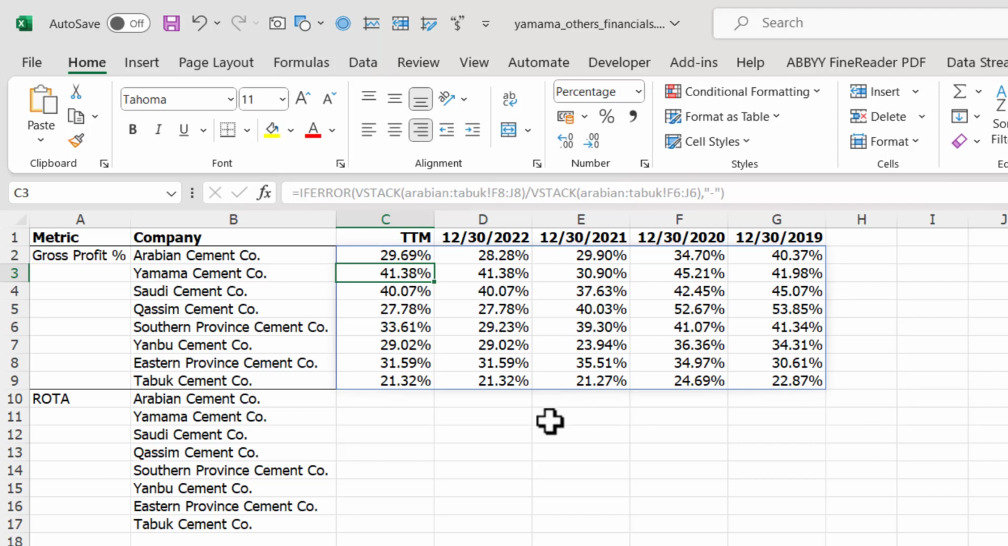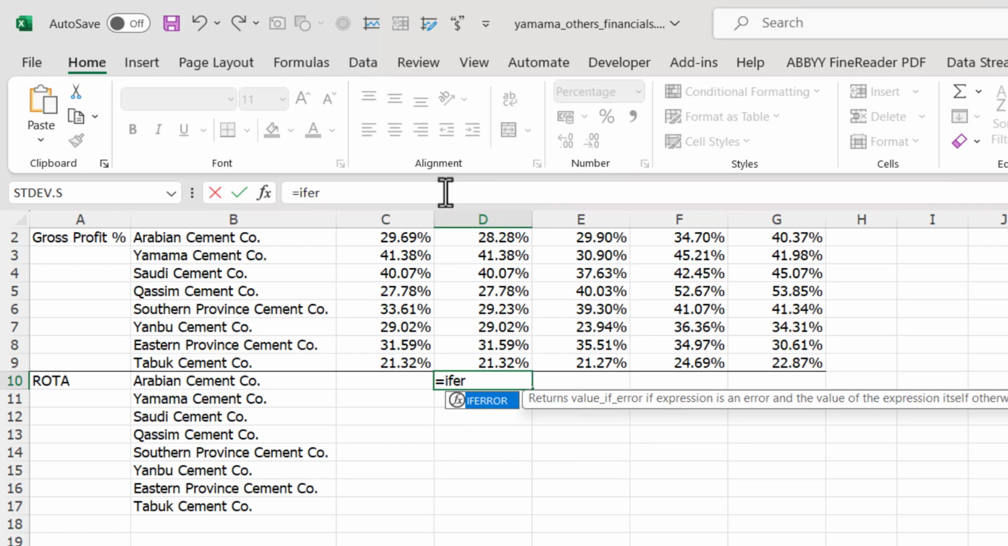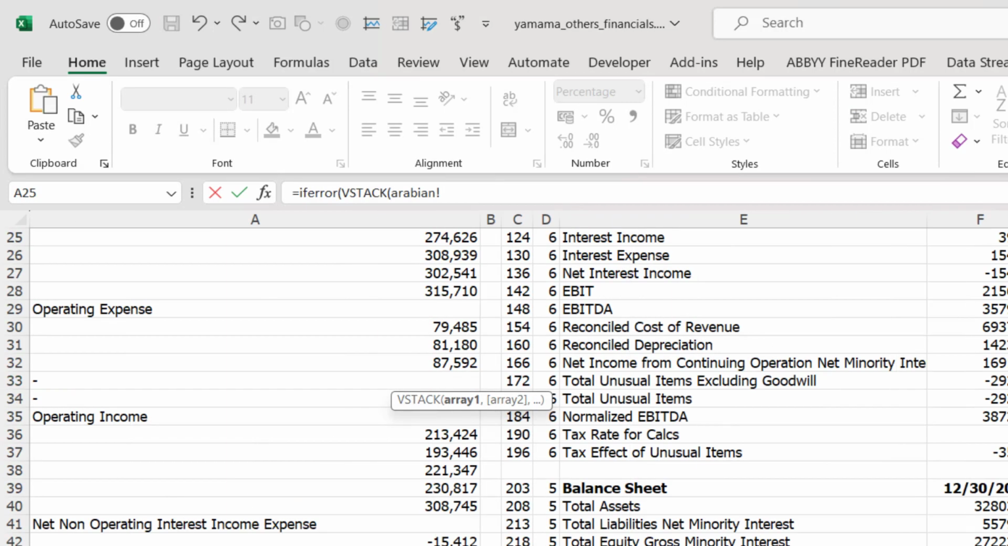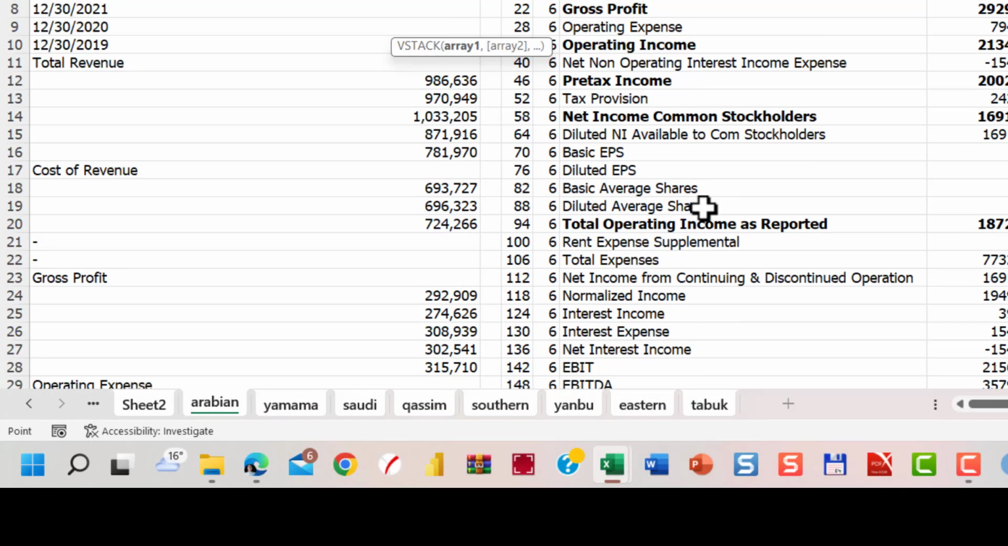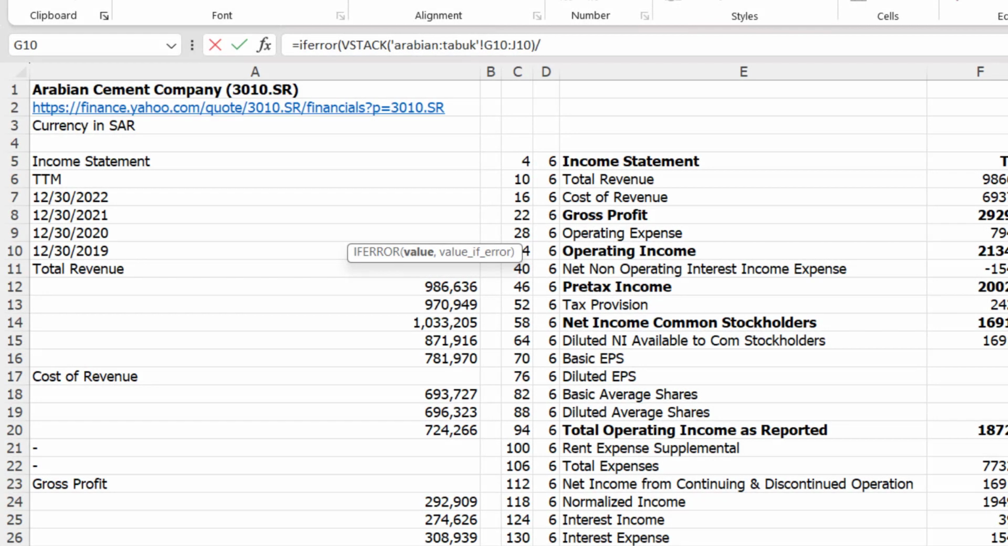Let's look at the return on total assets formula, which is operating profit as a percentage of total assets. But remember this time that we don't take the TTM column because it doesn't exist for the balance sheet. So the return on total assets formula equals IFERROR, VSTACK Arabian, Shift to Tabuk. Then we want operating income only for 2022 to 2019. So that's G10 to J10, close bracket, divide by VSTACK,